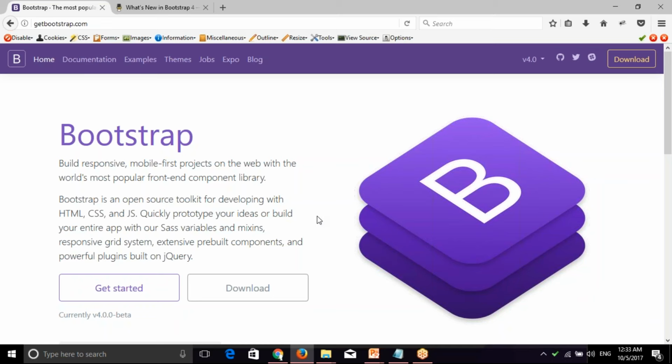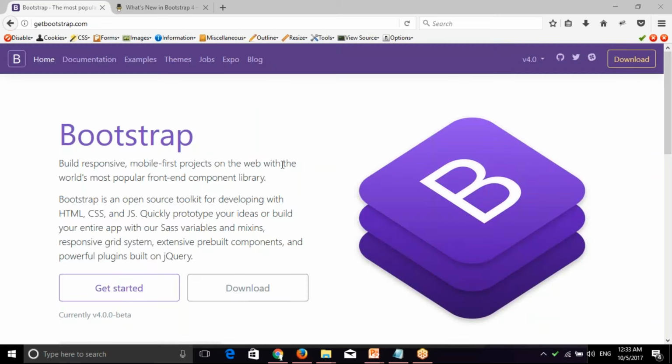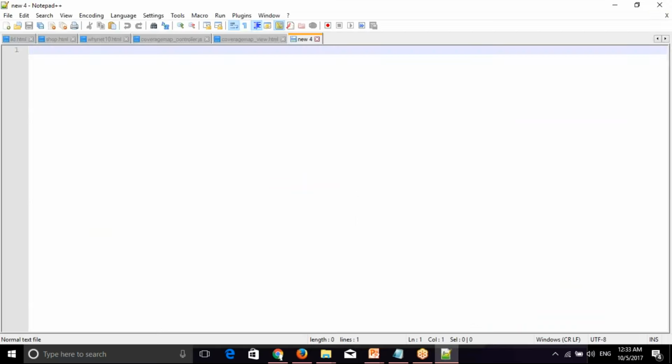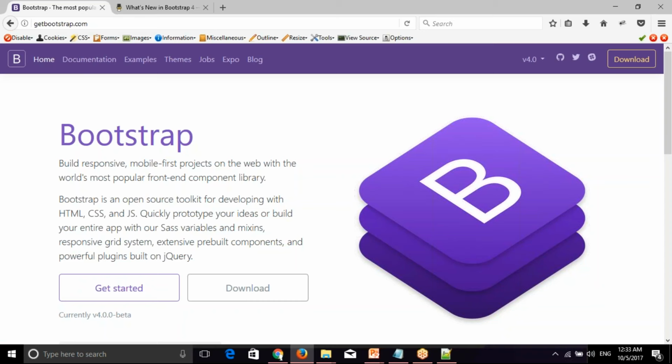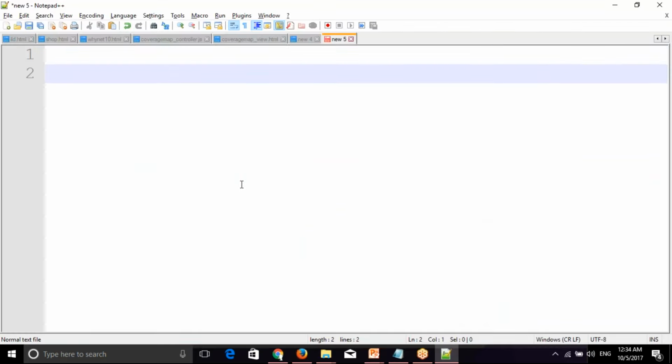In Bootstrap 4, we have the grid system in different cases. What are those cases and how do we use them? We're going to see that here and learn some interesting stuff. Bootstrap has many features, but one major important feature is the Bootstrap grid system.